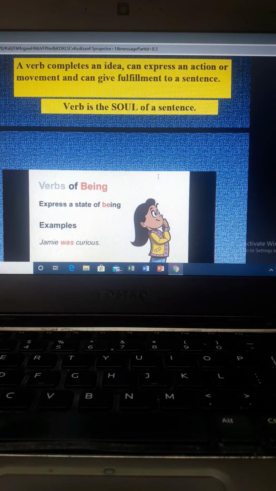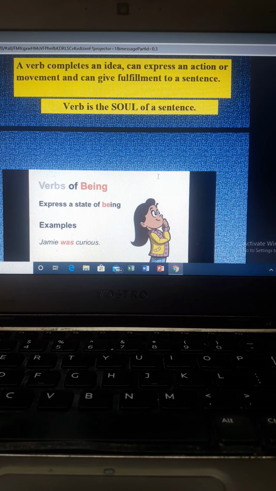I repeat once again, a verb tells us about three things basically. First is what a person or a thing does. Like suppose the sentence says he plays. So what does he do? He plays. Plays is the verb. What is done to a person? He is scolded. What is the verb? Scolded. So, scolded becomes what is done to that person, isn't it? The action which is done on him. And the third